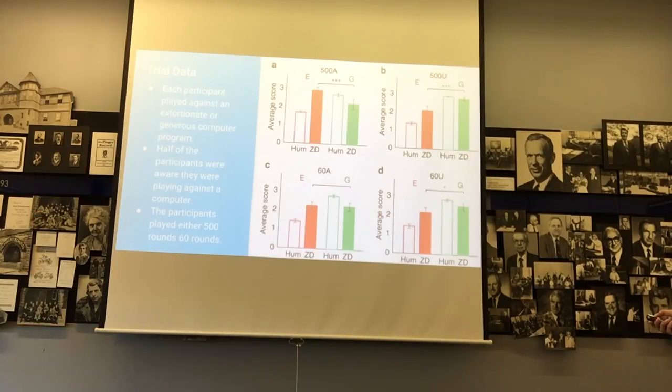And then they came to the same conclusion with the 60 rounds, except they weren't able to get the same margin between the selfish and cooperative behavior, because they found that it took more than 60 rounds for the humans to adopt this selfish or cooperative behavior. So, does anyone have any questions with that? That's kind of confusing, a lot of information.